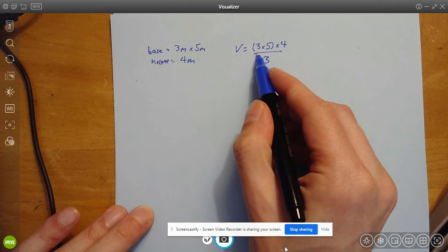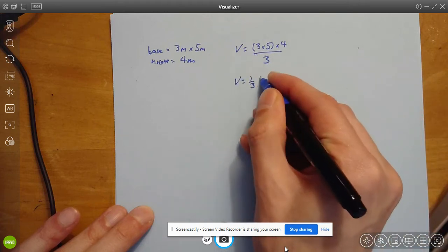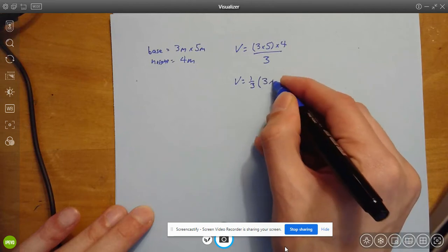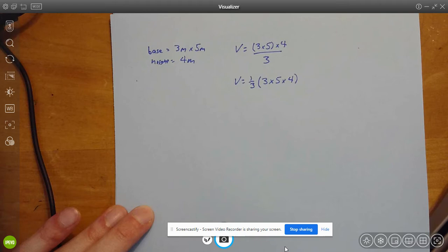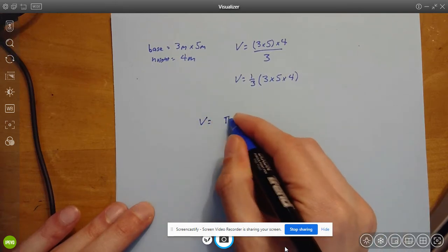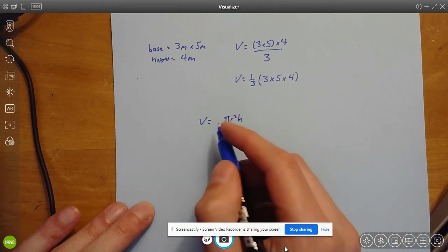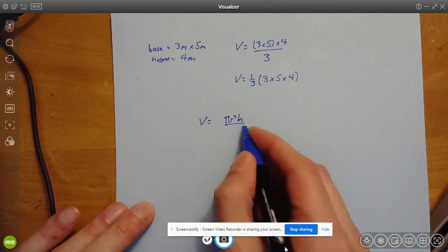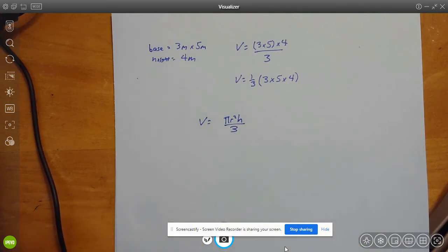So I prefer to have a divide by 3 to the fraction. You could also write it as 1/3 times the volume of that equivalent prism, which would be 3 times 5 times 4. And the same thing would work for a cone. The volume of a cylinder, we know, is just the base, pi r squared, times the height. So to turn that cylinder into a cone, it's always exactly 1/3, or we divide what we get by 3. So that's hopefully a helpful visualization on the relationship between pyramids and prisms and between cones